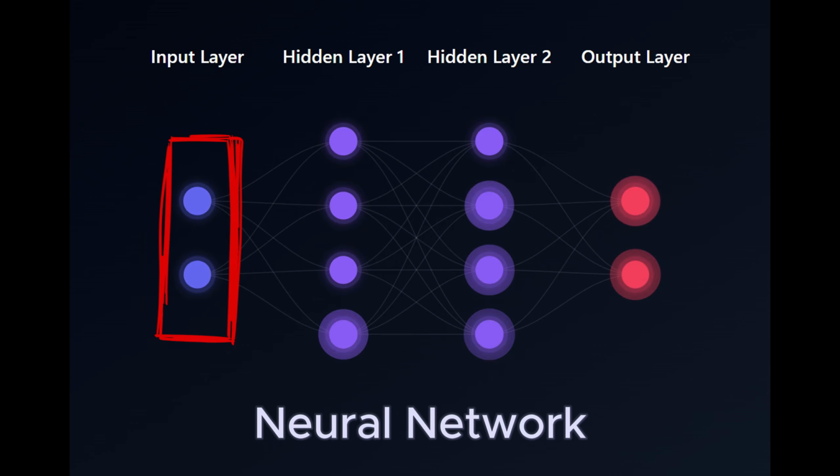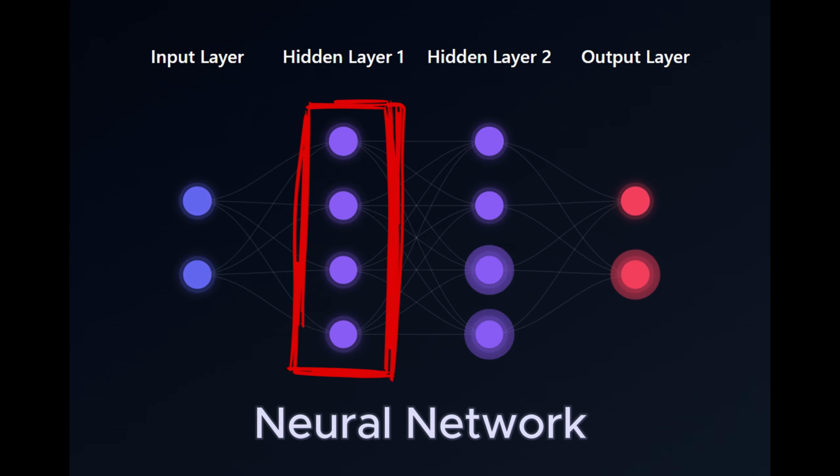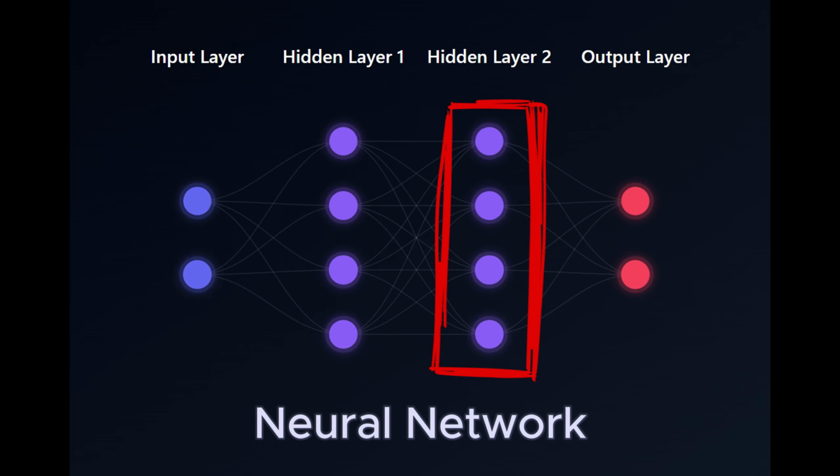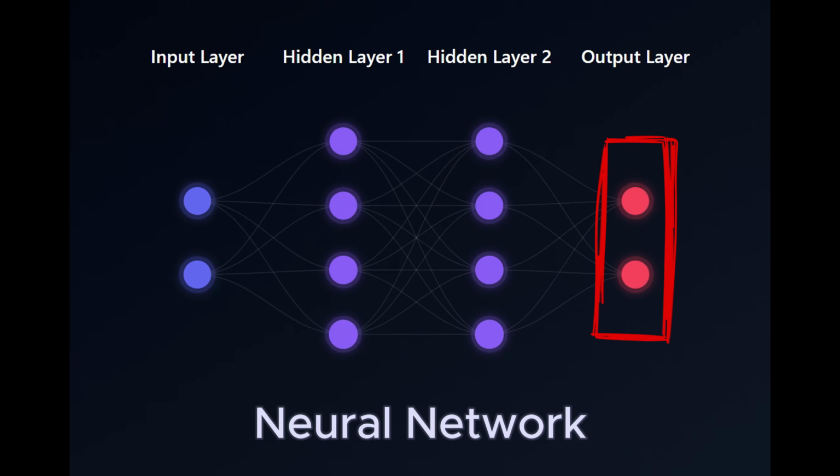It gets transformed into a bunch of little data points. It goes into a hidden layer where it gets processed into more abstract versions of the data points. That goes through a couple layers, and then at the end gets turned back into the output layer, which is the representation of the prediction that the model's making. Looking at a neural network, we know what the input is, we can understand what the output is, but the hidden layer is generally too abstract to really understand exactly what it means.